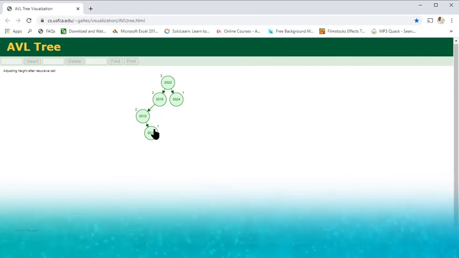Okay. Now look here. Here it's a leaf. Doesn't matter. So this is the parent node. For 10, 0 minus 1, that is -1. For 15, 2 minus 0. Right side I don't have anything. So 2 minus 0, I get 2. So that's not a balanced one. Here is where I have problems.